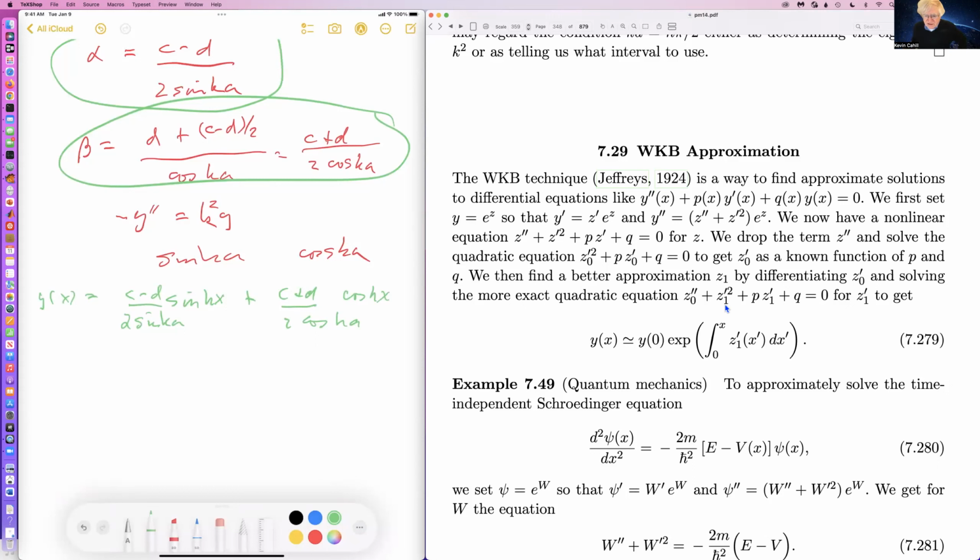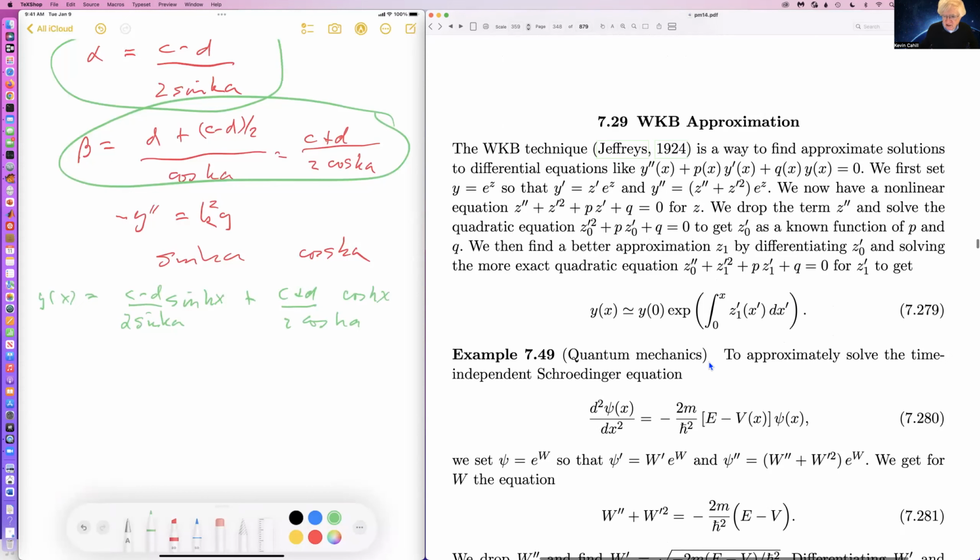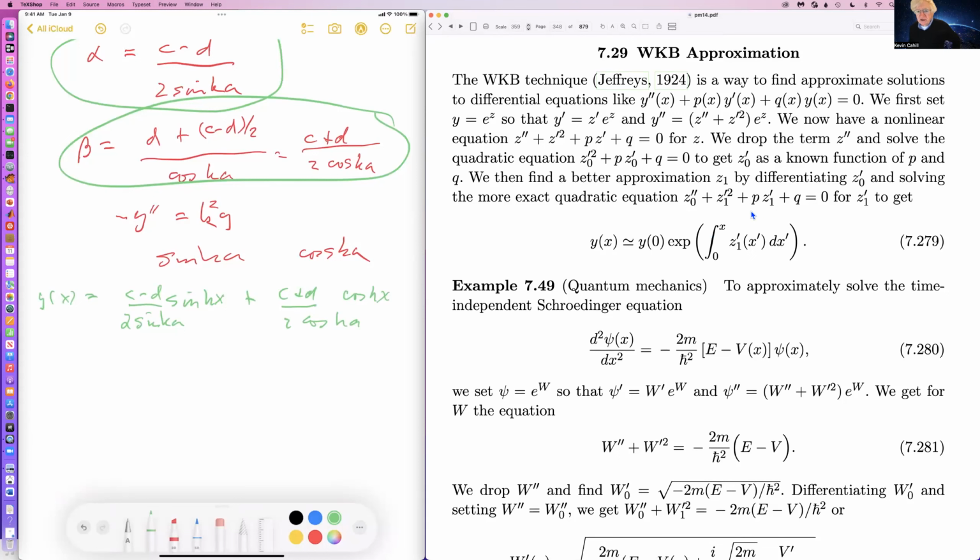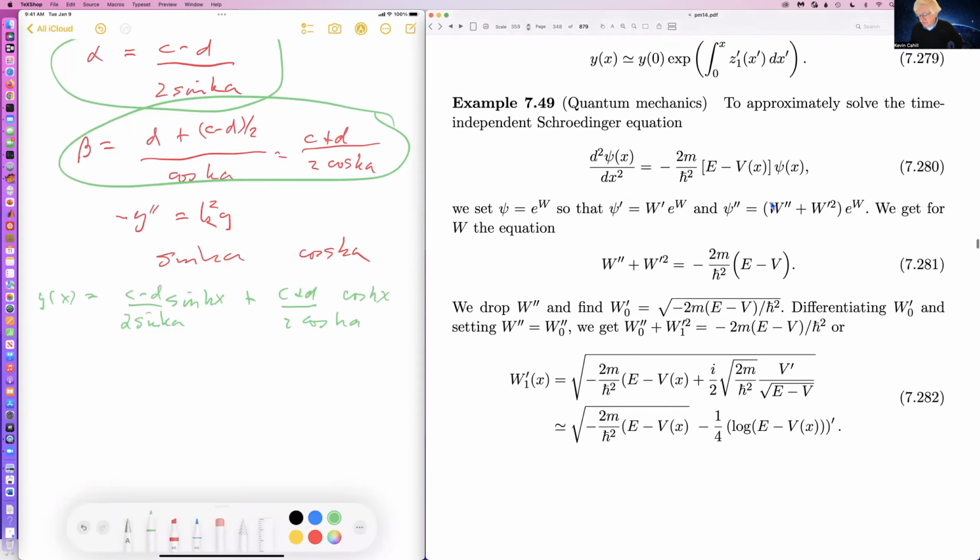And so this is a general first approximation, so to speak, to a differential equation, and it works. Well, it works when it works. It works sometimes, sometimes it doesn't. And it works when basically the second derivative of Z is suitably small. In other words, when this term is fairly small or slowly varying. So an example is, of course,